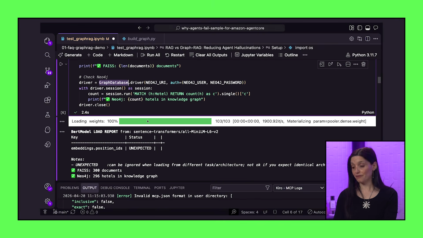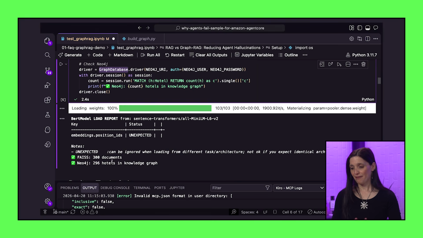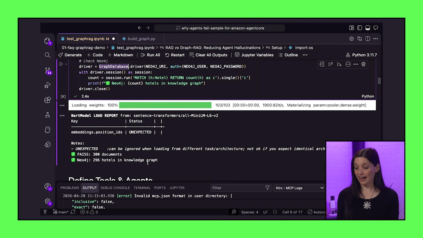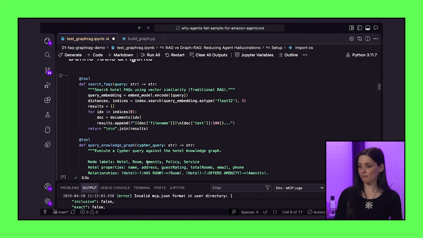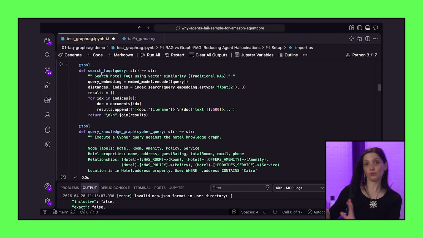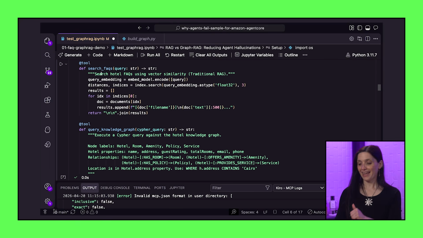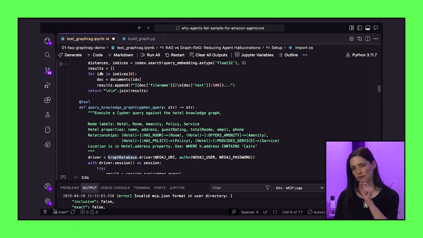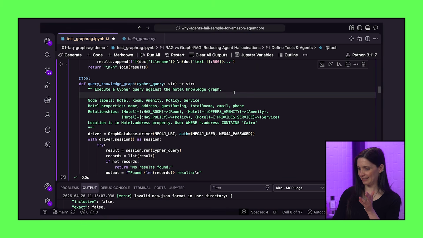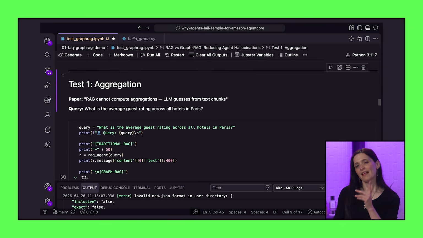Here is my FAISS data store. I have 300 documents for that, and for Neo4j, I have 296 hotels in my knowledge graph. So I have my tools, the one that allows my agent to search hotels using vector similarity, and the other one capable of creating and running the Cypher queries. I run this, and first test,